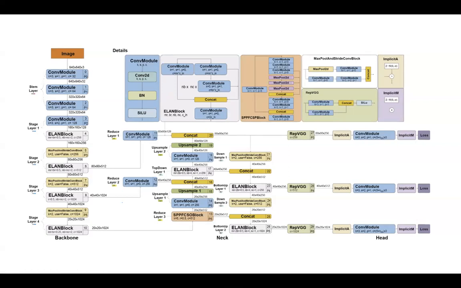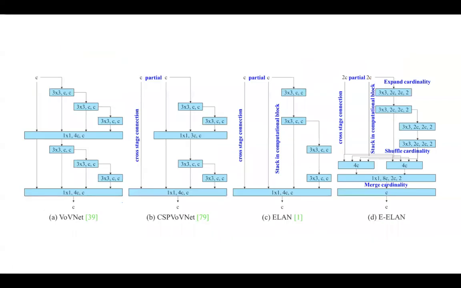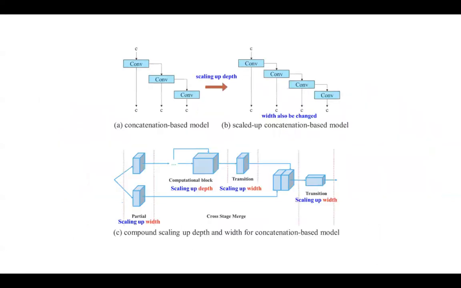ELAN is a strategy that allows a deep model to learn and converge more efficiently by controlling the shortest and longest gradient path. YOLOv7 proposed E-ELAN that works for models with unlimited stacked computational blocks. ELAN combines the features of different groups by shuffling and merging cardinality to enhance the network's learning without destroying the original gradient path. The 7th version of YOLO adds compound model scaling, which is aimed to adjust key attributes of